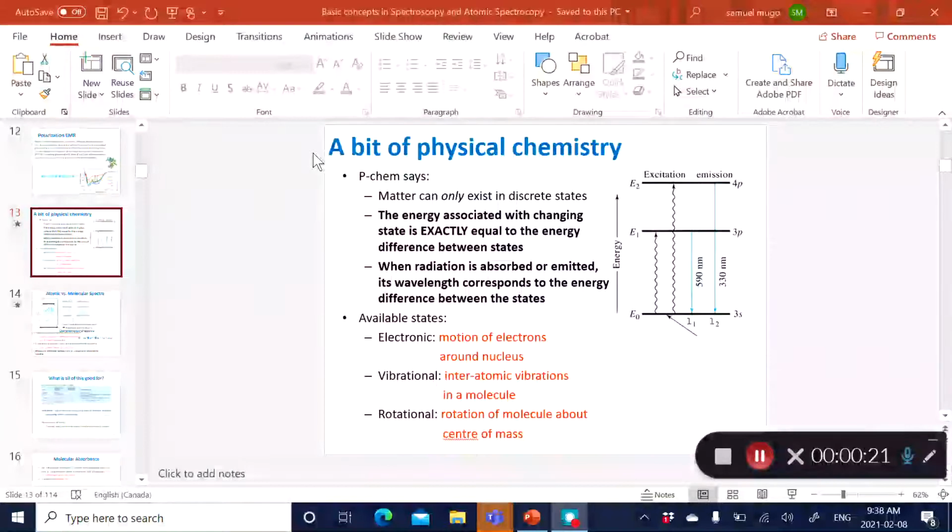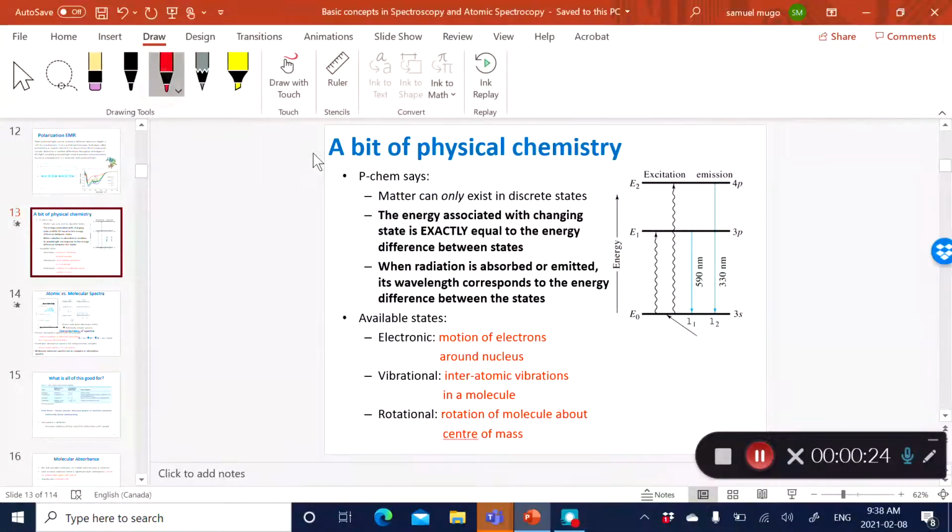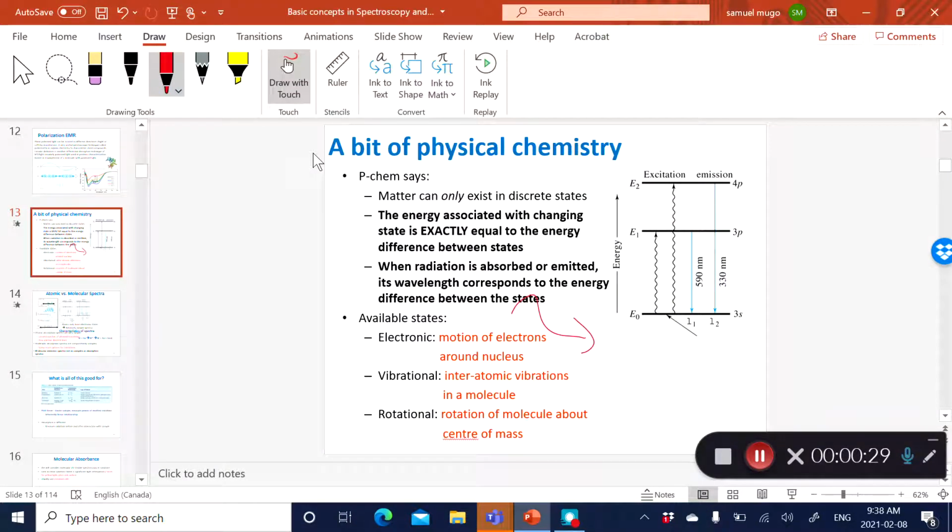Now, for light to be absorbed by a molecule, the energy incoming from the light needs to be equivalent to the energy gap between the electronic states where the electron transition is going to take place. And so the energy of the radiation being absorbed needs to correspond to that energy gap where the electronic transition